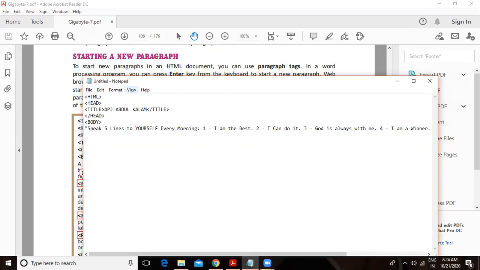Here it is. And here we have written the 5 lines of APJ Abdul Kalam, which he used to say to repeat every morning. I am the best. I can do it. God is always with me.